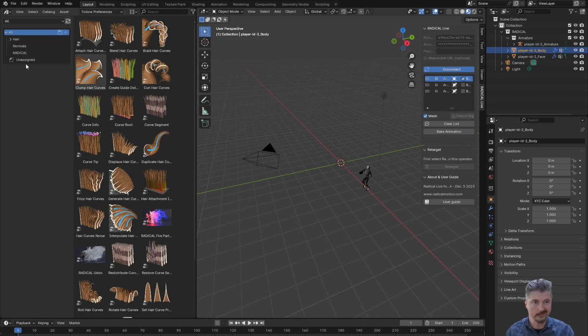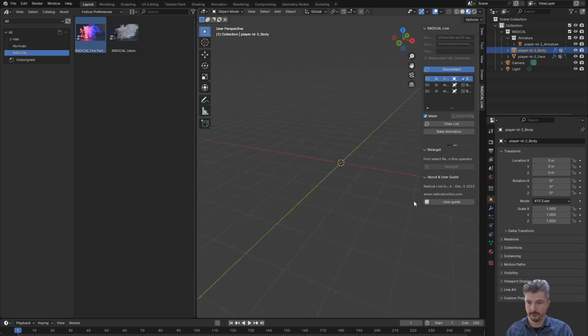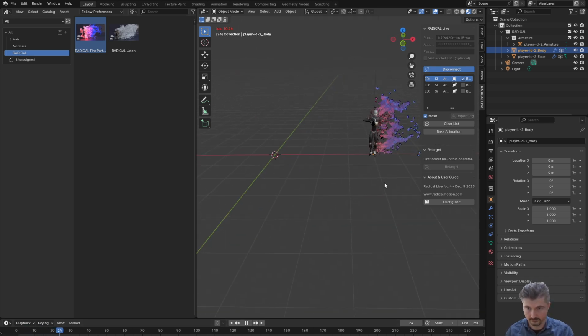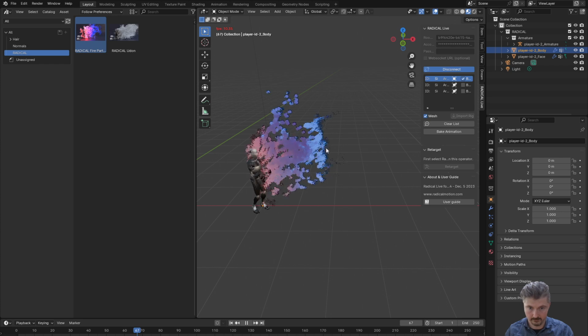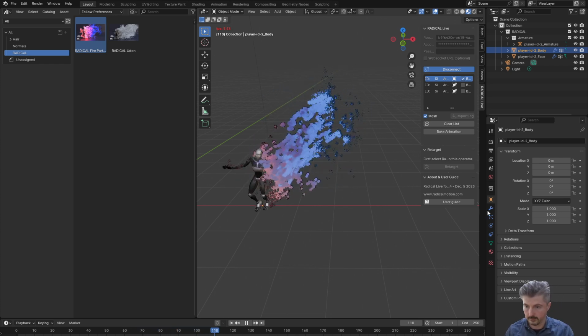And there a new category has emerged, RADiCAL, and in there are two new assets. Let me first click and drag over the fire particles system, and for it to be visible you need to hit spacebar to start the animation playback. And now here you can see we have the fire particles emerging from our dancing character, and there are various